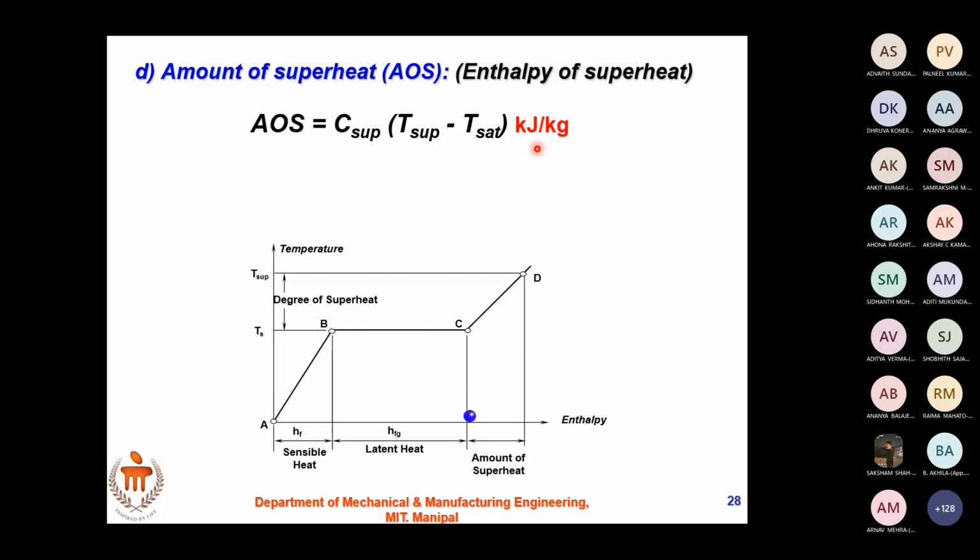You want to add the mass because you are considering 1 kg of water, right? Yes. We are considering this as 1 kg of water. That's why 1 kg is kept constant, per kg. Ma'am, so when defining AOS, we are saying 1 kg of steam, the amount of heat required to convert 1 kg of dry saturated steam. Yes. Then it will be per kg, or otherwise it's simply kilojoules. That's it. If you are not defining it by mass, but in this experiment it's 1 kg of dry saturated steam.